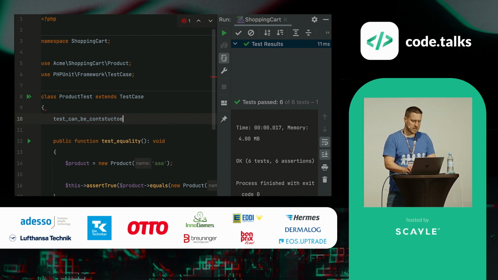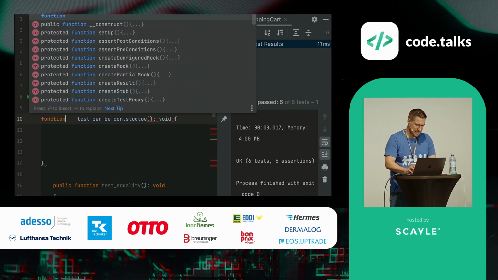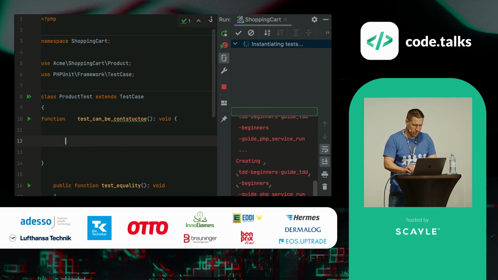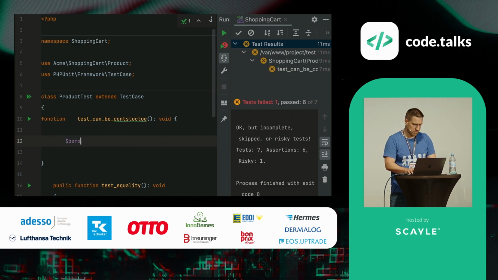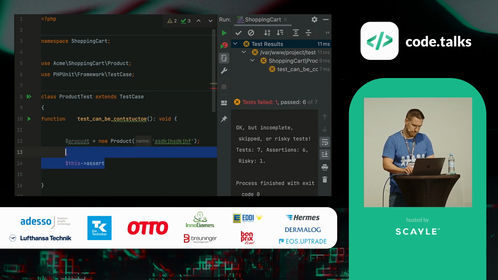Imagine that says constructed. And what people then do is go product equals, imagine that says product as well. I'm trying to go quick for you lot. And we have this, and then they go, oh, this assert same